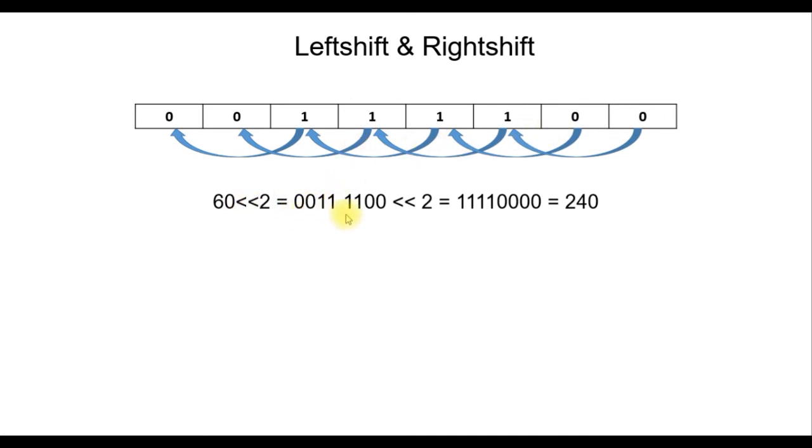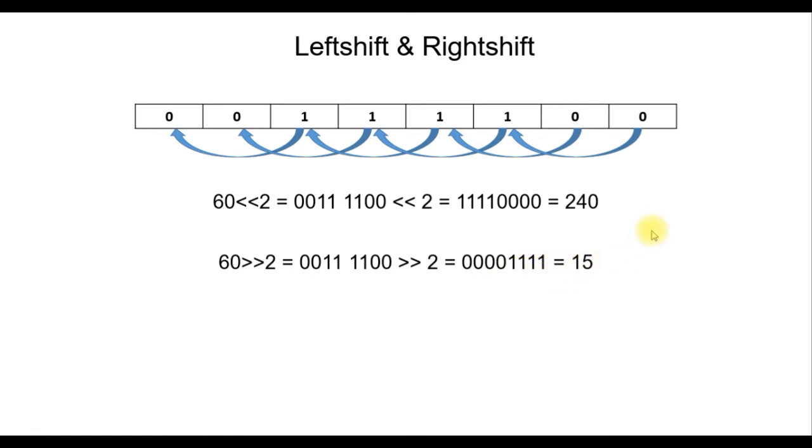Now 60 is 0011 1100. If we left shift it 2 times, this complete number gets left shifted 2 times, that we can see here, and this is the decimal equivalent of 240. Similarly, we have the right shift. In the right shift, all the numbers get shifted towards the right side 2 times. So we have this number 0011 1100. When it gets shifted to the right, these 2 zeros will get discarded and these 4 ones will shift to the right, and the empty spaces in the beginning of this number will be appended with 0. We have here 0000 1111, which is the decimal equivalent of 15.